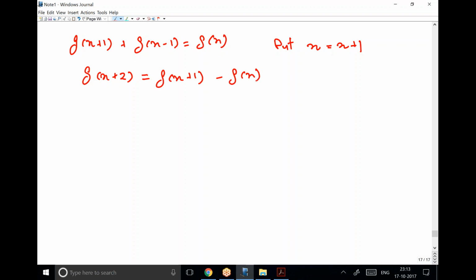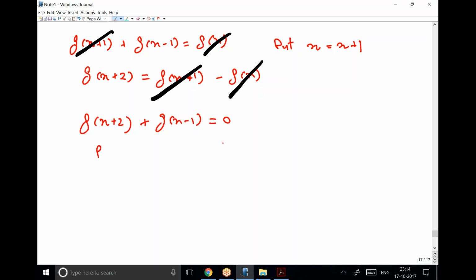Now when you write down this, try to compare this with previous numbers, right? If you compare with the previous, then you can see this and this got cancelled, as well as this and this got cancelled. So from here we can immediately say g of x plus 2 is equal to minus g of x minus 1, because if you add this, it comes out to be g of x minus 1 is equal to 0, right? So from here we can say g of x plus 2 is equal to